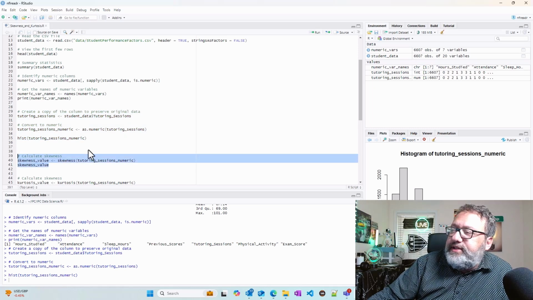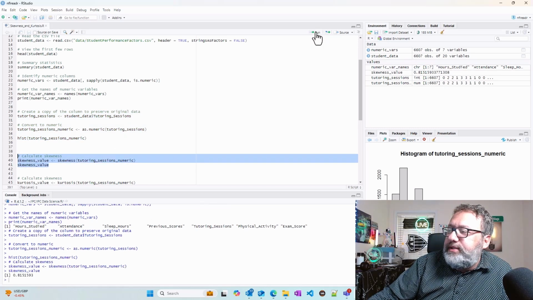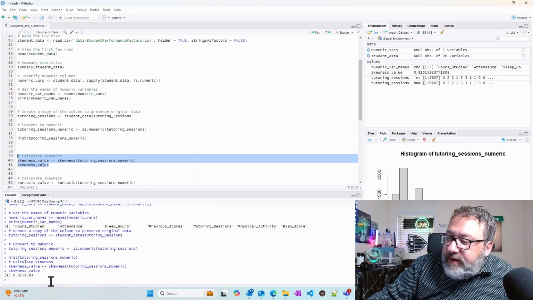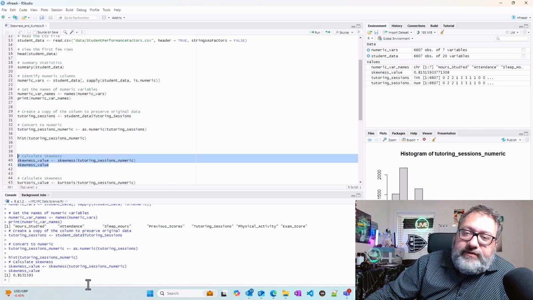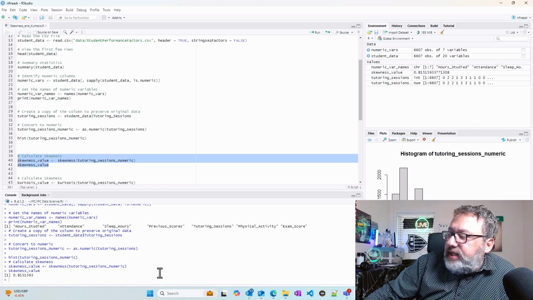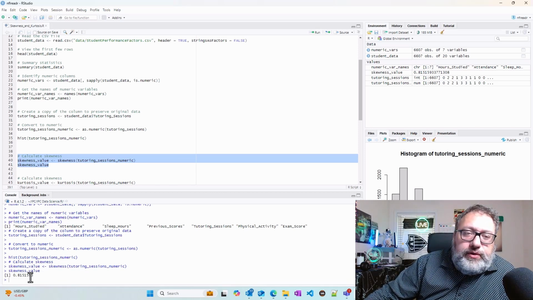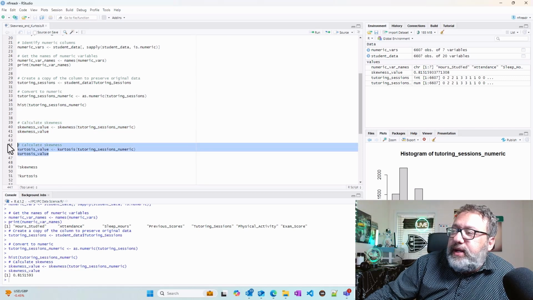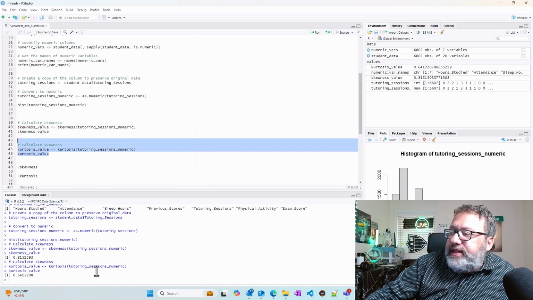If I run this and do a simple calculation of skewness, I'm just using the skewness function in R, and then it gives me 0.81515. If we round that to the fourth decimal place, we kind of get what Qlik has. Maybe it's a coincidence, maybe it's not. Well, let's take a look at kurtosis. Let me run kurtosis, and then we got